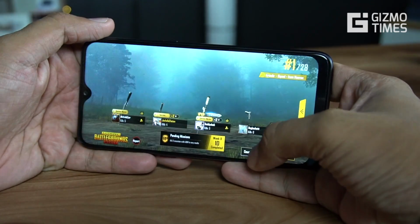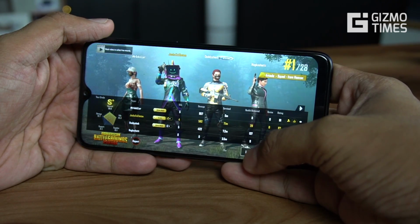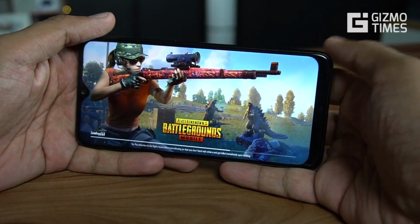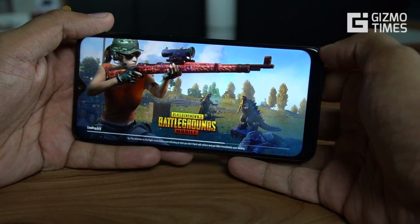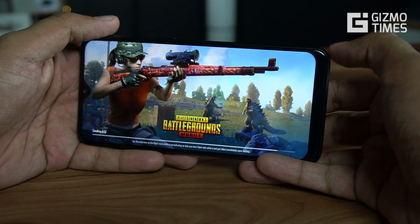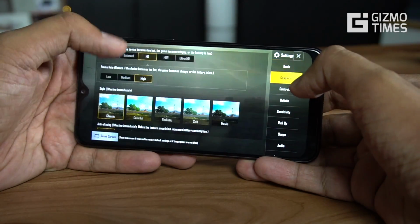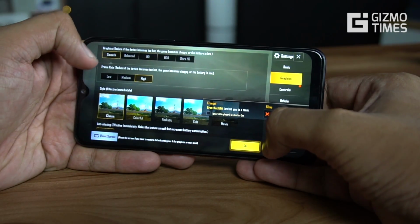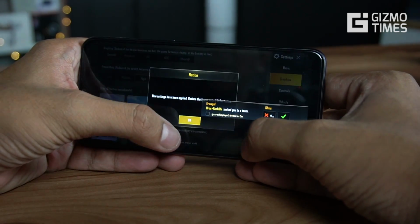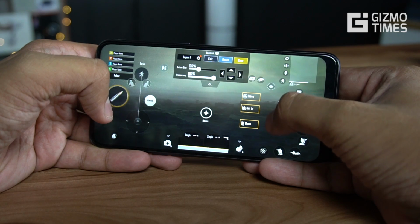So obviously the gameplay has not been that good, but yeah, still that's fine. You could see that I'm still not completely satisfied about this. I'll have to try one more game under the smooth gameplay now. Let's see if under smooth it shows fewer lags. I'll keep it obviously to smooth and high and not anything else. So let me change the controls once again, and